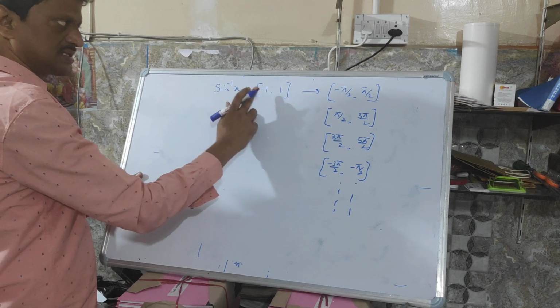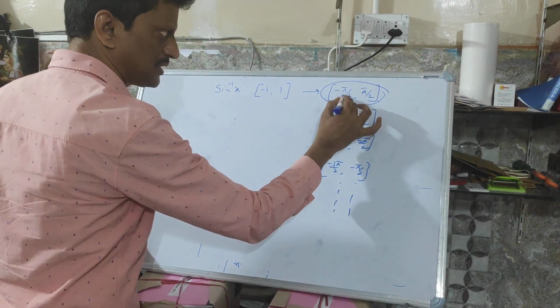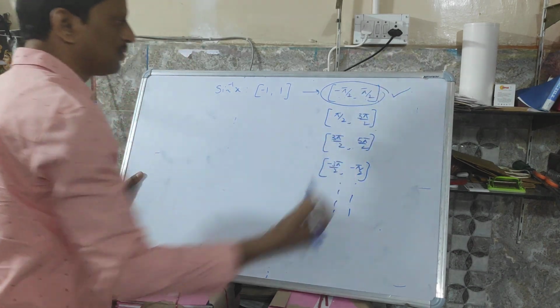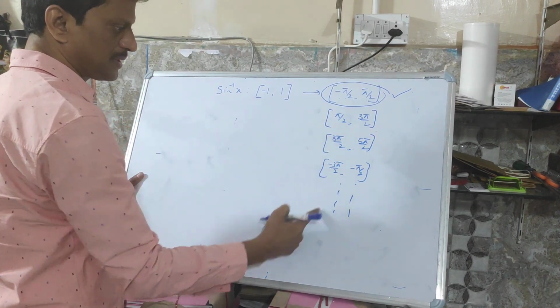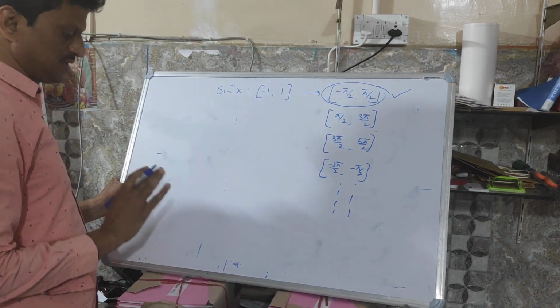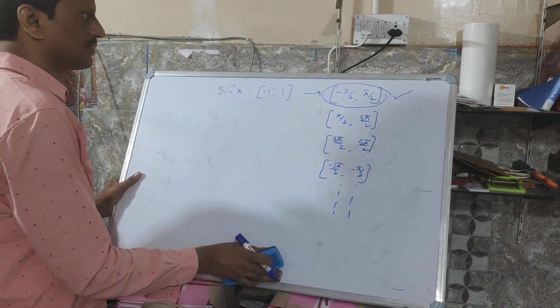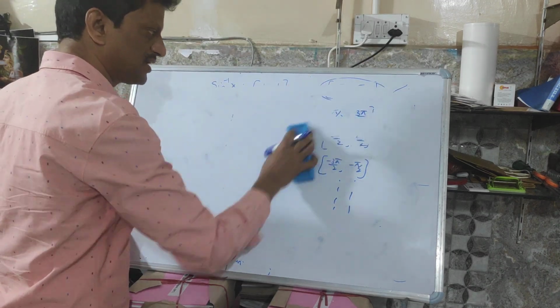So what is the domain of sin inverse x? Closed interval -1 to 1. This is the principal range: closed interval minus pi by 2 to pi by 2 is the principal range, or principal value, of this inverse function, whereas these others are non-principal branches of the sin inverse function. I think now you are clear with this. Now you are clear with sin inverse x and its details with the complete graph.